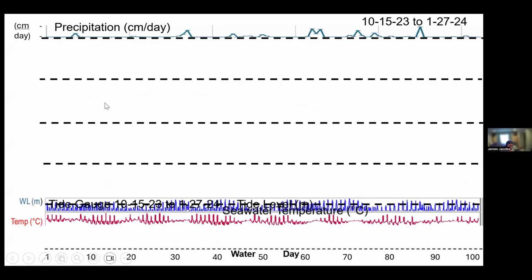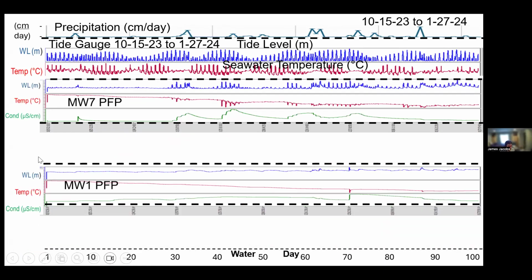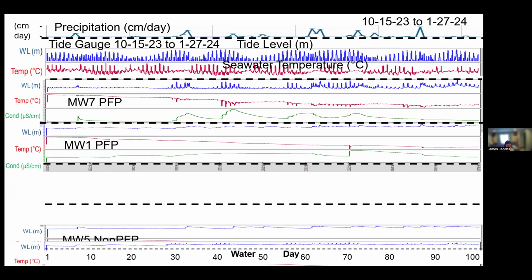So if we take all the data that I have, this is the kind of data that I get. It's the tide gauge. Here's the precipitation in the top line. And then I add the different wells and I can start comparing them. And of course I have it in a digital form, but there's some interesting